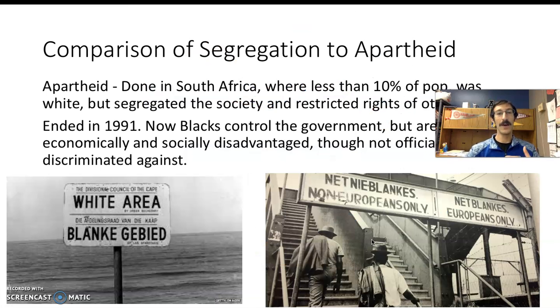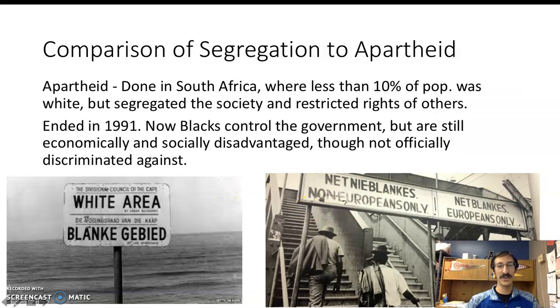So now comparing this very, very briefly, the idea of segregation and apartheid. All right, so America to South Africa. South Africa was predominantly controlled by Dutch and British whites, all right, but they were 10% of the population. Unlike in the United States, where African Americans were in the minority, definitely in the majority in some parts of the country,